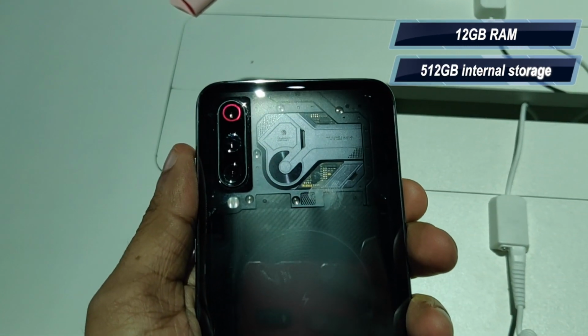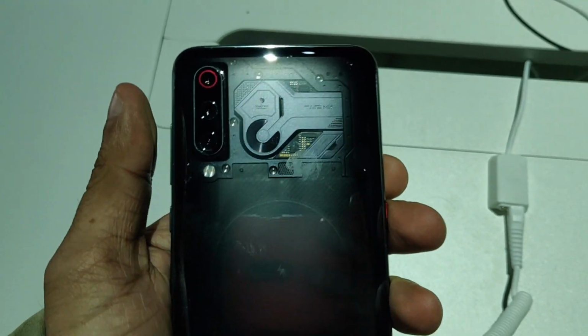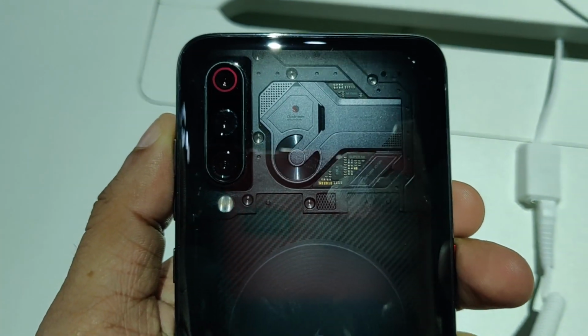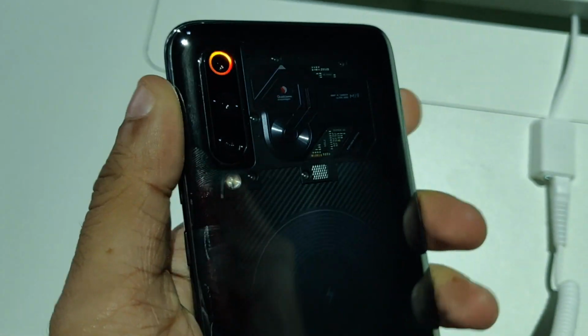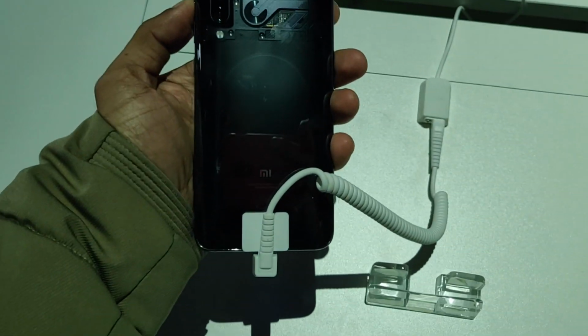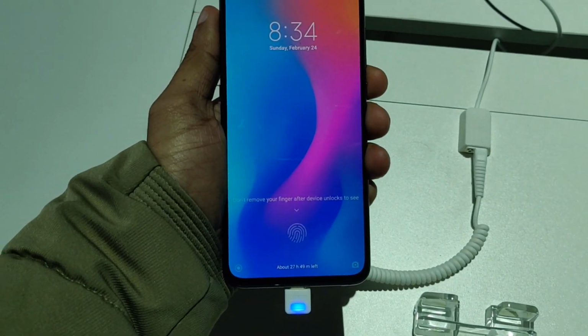But the key aspect which differentiates it from the regular Mi 9 is the presence of this transparent back. Now as you can see, you can actually glance into the smartphone's innards. You can see the Qualcomm logo right here, and you also get the halo ring on the telephoto lens with the smartphone. Now this is quite honestly one of the best looking smartphones that I have held in my hands,